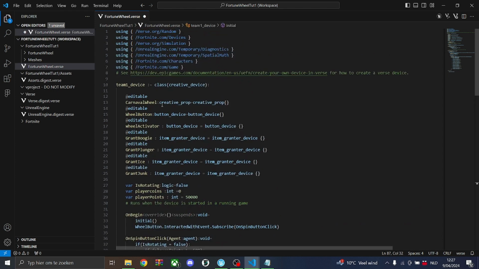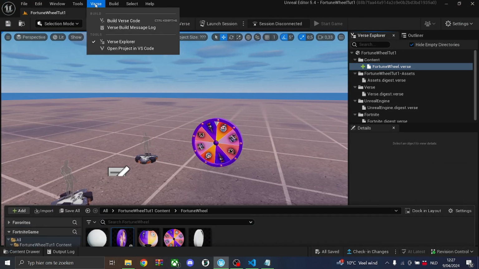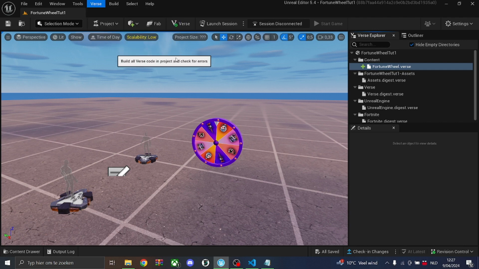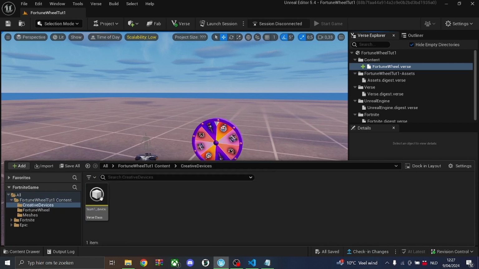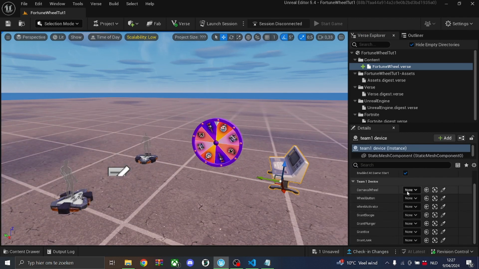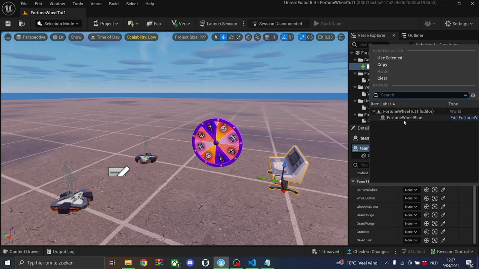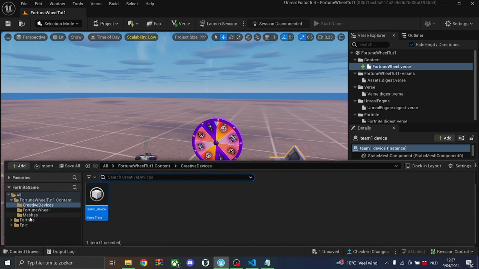So basically it makes an editable of the prop wheel of the blueprint, so it can actually spin, a button and the activators. So we'll save this, close it, Verse, build Verse code, and after that we can go to our creative devices and add the computer in. In the computer you'll have to add the carnival wheel. This is where you add the blueprint as an editable, and then also we'll have to add a button,